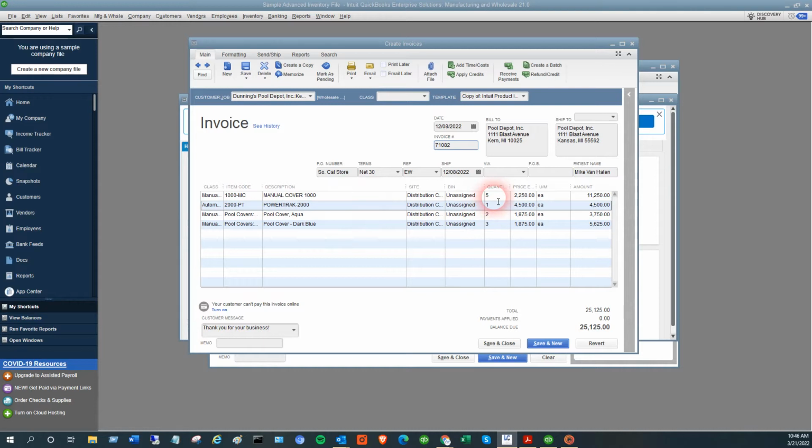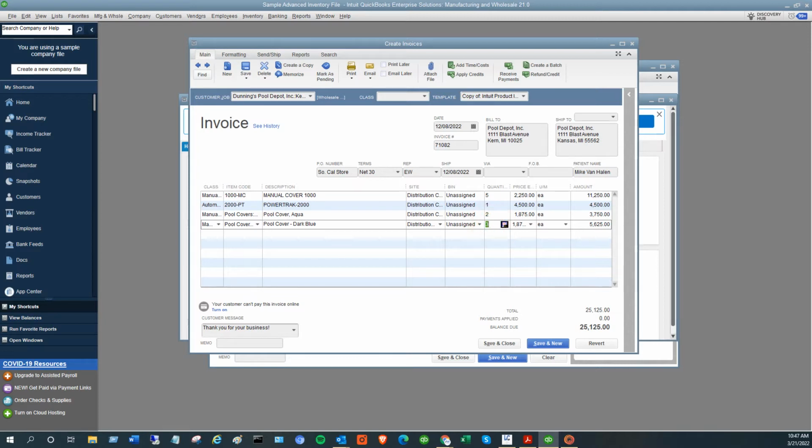71082 that's got 5 of this, 1 of this, 2 of etc. And let's say for the second item, there's only 1 on the invoice, but it's going to get packed in 2 boxes. So you want it to say 1 of 2, 2 of 2, but the invoice quantity is just 1. In some cases, people just want it to, if there's quantity 3, then you just want it to say 1 of 3, 2 of 3, 3 of 3, and that's a slightly different example, but both can be easily